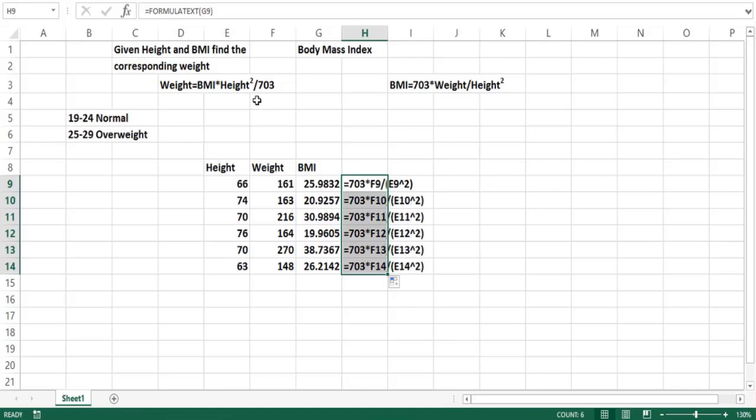If you go on the internet, you'll find a lot of charts that basically show you going down a column, people's height, and going across body mass index, and then beneath you find their weight. Now, how do you come up with that chart? Well, basically, you solve for weight, and that's BMI times height squared divided by 703, which is right over here. So if I would list people's heights, let's suppose we go 58 inches, 4'10", 59 inches, and suppose we go to 6'4", we can grab this,